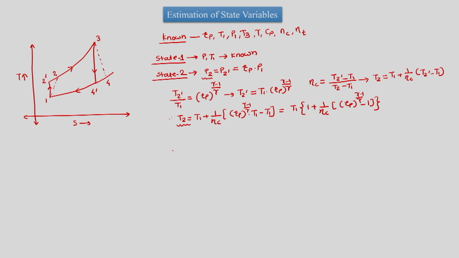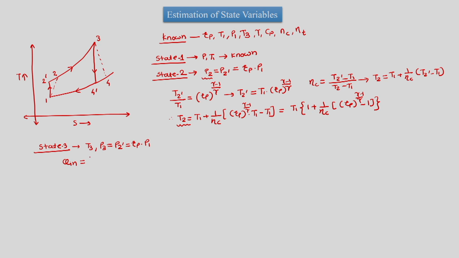So now we have to estimate variables at state 3. There would again be two possibilities. We would know T3, and anyway P3 is equal to P2 dash, which is equal to Rp into P1. So in this case we don't have to estimate, but if instead of that we are given Q in,